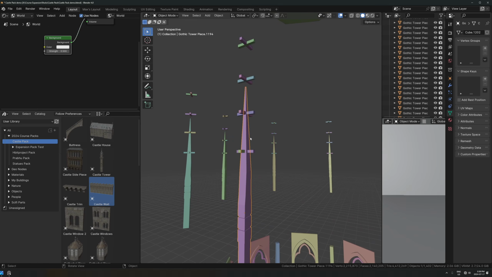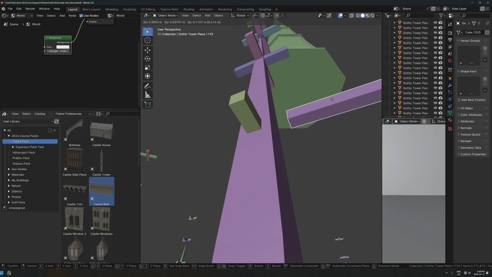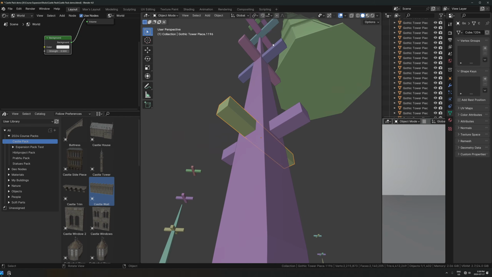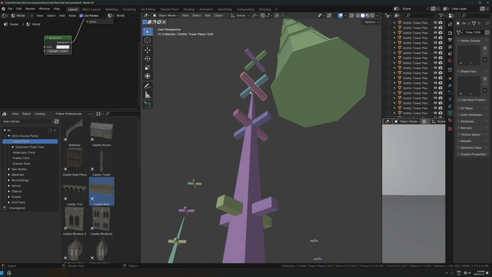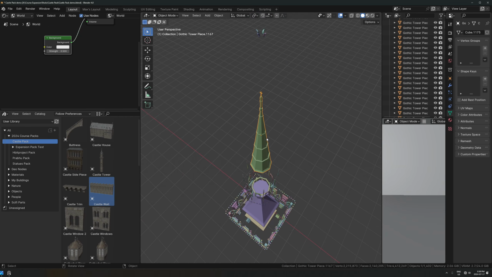When you look at this, it's just like a pointy cube. Excuse me, a pointy cube. This is just a regular stretched out cube. So is this. So are all of these, just cubes stretched out. This thing here